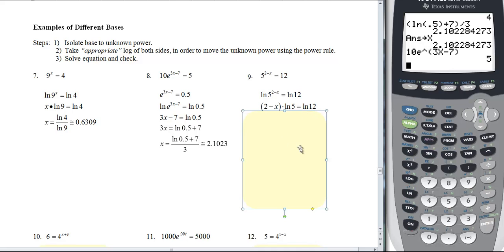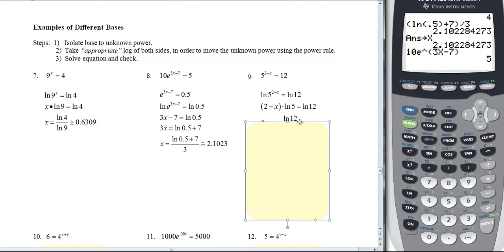Now there's a couple of things I could do here. I could distribute this through, and it would not be pretty. Or I could divide both sides by natural log of 5. So if I divide both sides by natural log of 5,